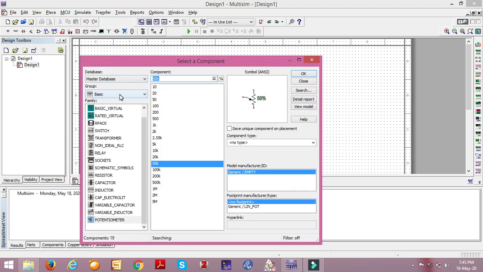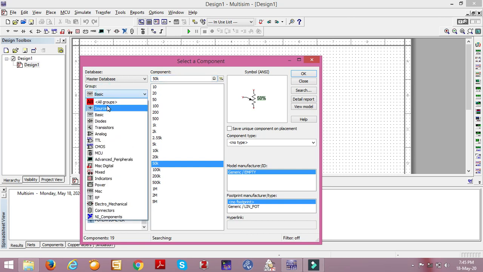This is the master database in which there are several groups: sources, basic, diodes, transistors, etc. As a part of this experiment I am only utilizing some groups: sources for power supplies, basic for passive elements, analog for op amp.